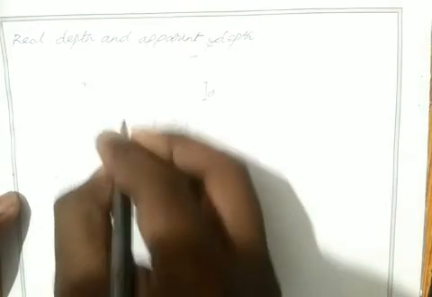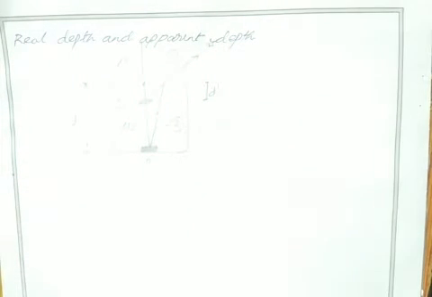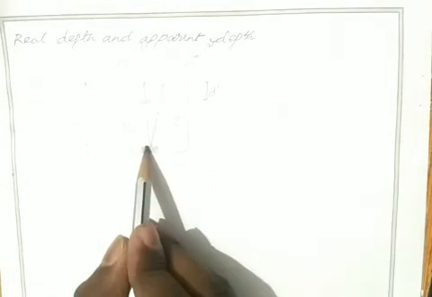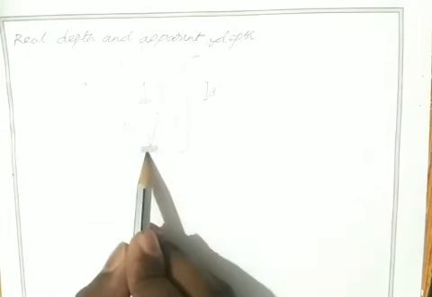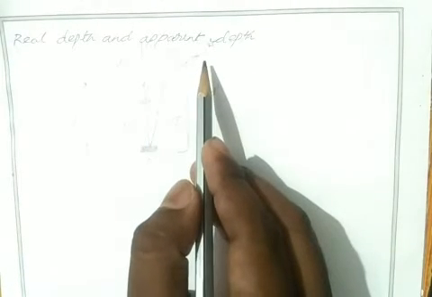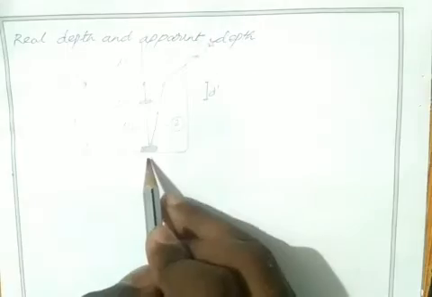Okay, so this is our object and this is our image. What is an image? Image is not the real thing, not the real object. It just appears like an object. If you stand in front of a mirror, then you are the object, and the image like you shown in the mirror is known as the image. Similarly, this is our real object, but it appears here because of the refraction when you watch it from outside the tank. So this is the image and this is the object.